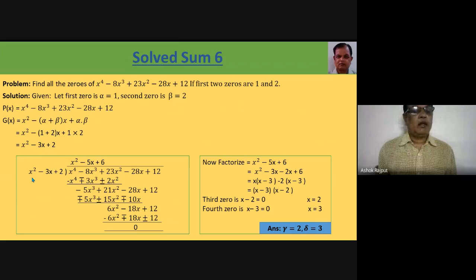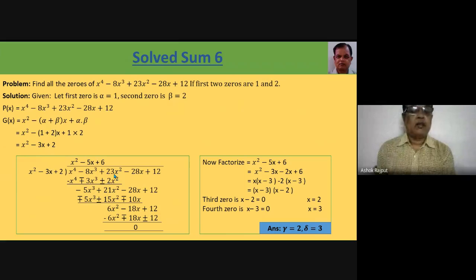If we multiply, we will get here x square times x square, x raised to the power 4 minus 3x cube plus 2x square. Because we are going to subtract it, we will change the sign. It is negative, it is positive, now it is negative. Because it is equal and opposite, it is cancelled, and we are seeing the negative value is greater, so we will find the difference. It is 8, it is 3, 8 minus 3, it is 5, and the sign is negative.